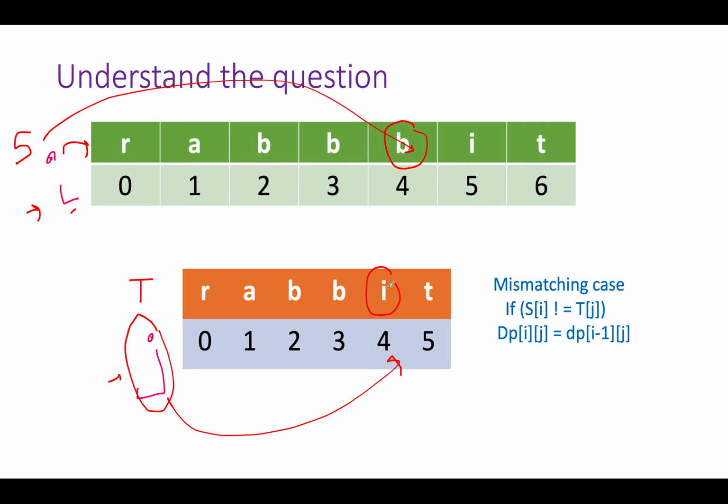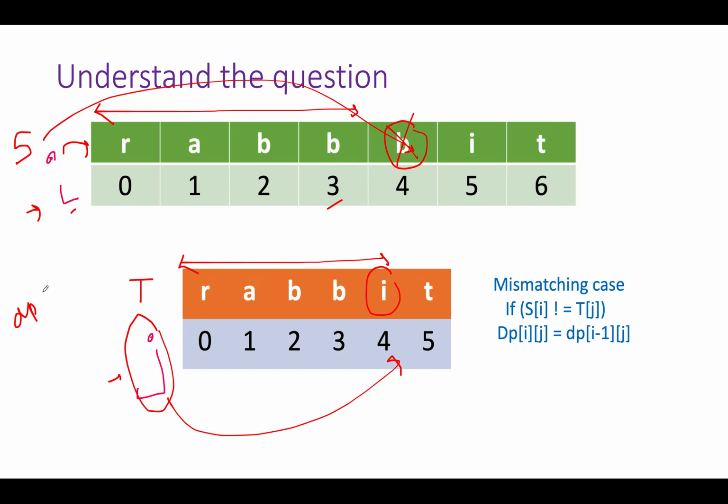So how do you compute the answer in this case? What we are going to do, we'll simply skip this character, and whatever answer you have calculated for the previous case, up till i minus 1 index, which is 3, versus the complete string up to j. So whatever answer you have pre-computed in the previous steps, starting from the 0th index of s up till i minus 1 index versus the 0th index in string t up till the jth character, that answer we are going to use to update the answer at i comma j in our DP.